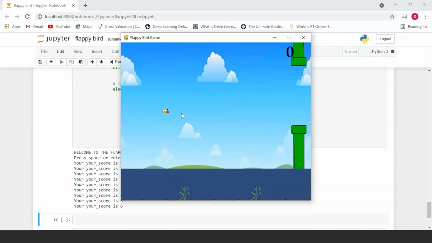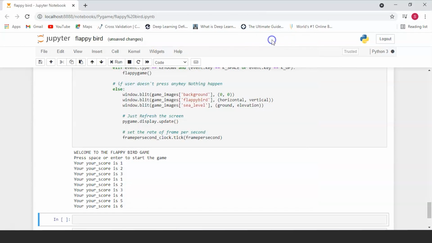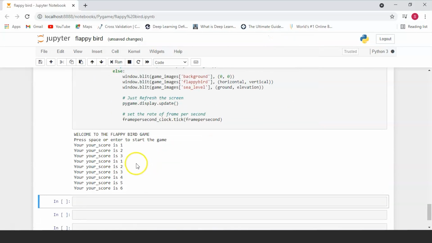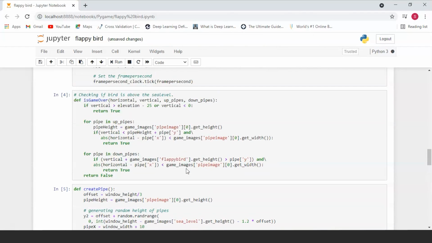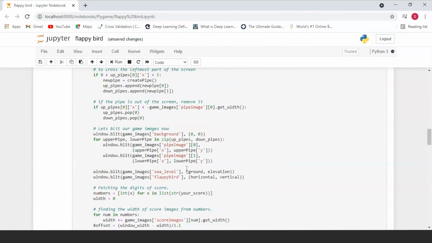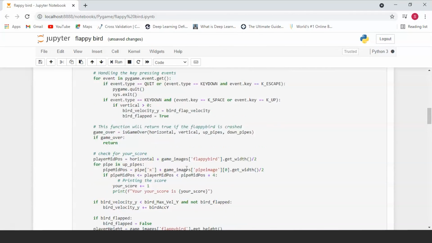Now, as we've talked about, there are three basic conditions. One is you hit the bottom pipe and the game ends. Another is you hit the top pipe anywhere and the game ends. And the next one is your bird falls below a certain level and the game ends. So these conditions are working so far. Our scoreboard also keeps getting initialized. Another condition that you might want to check for.